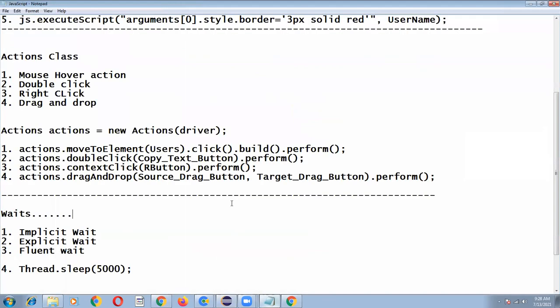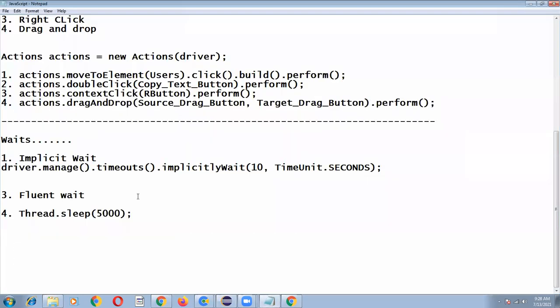So in interviews, people will ask, what is an implicit wait? Can you please explain what an implicit wait is and how do you write it? Simply tell them implicit wait is a global rule applicable for all the web elements. Wherever it has performance issues, the driver by default will wait up to 10 seconds. In case the web element is loading early, it will perform the operation immediately after the nth second, n plus 1 second, like that.